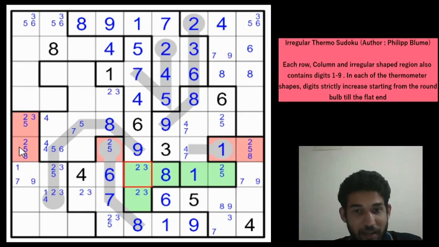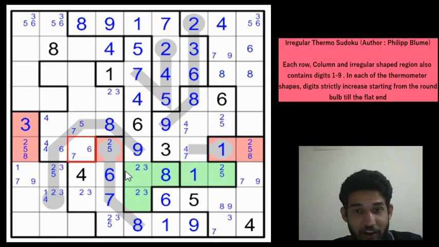And now we need to place the 3, right? These 4 cells can't contain a 3, so 3 would have to go here. Beautiful. So the moment we wrote the possibilities, it was clear to us. So now we have written 2, 5 and 8 as a triplet, and 1, 3, 9 has been locked here. So remaining digits are 4, 6 and 7. So this cannot be a 5. We can write the candidates, and this can only be a 4, 6 or a 7. And it can't be a 4, so this has to be a 6 or a 7.